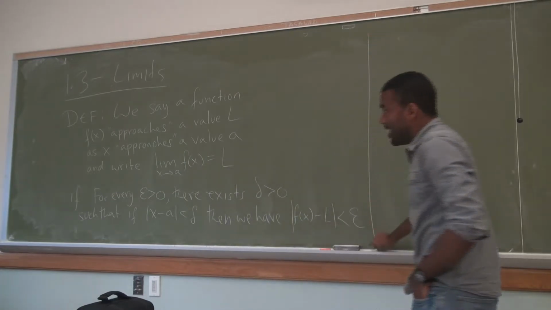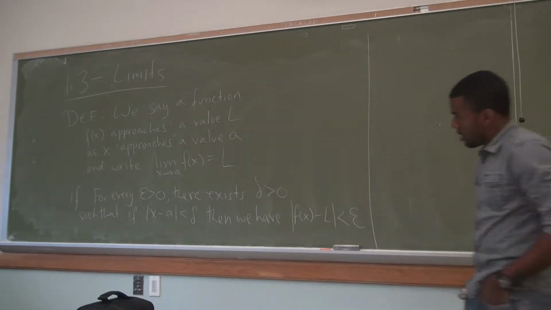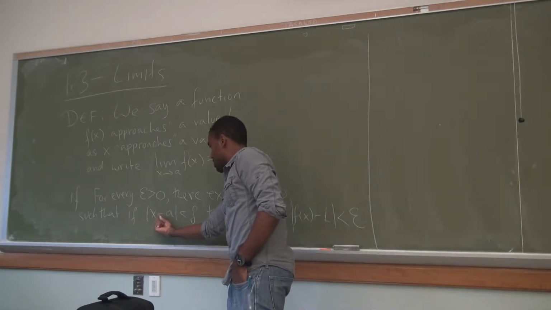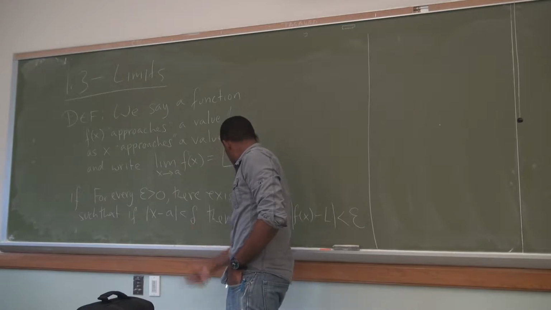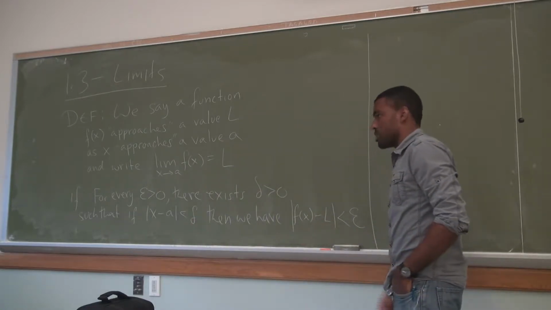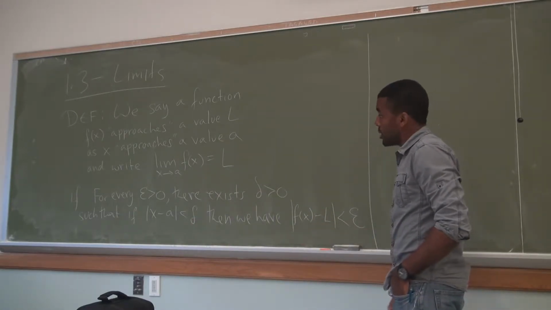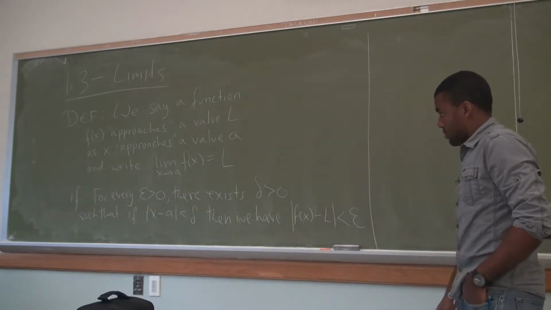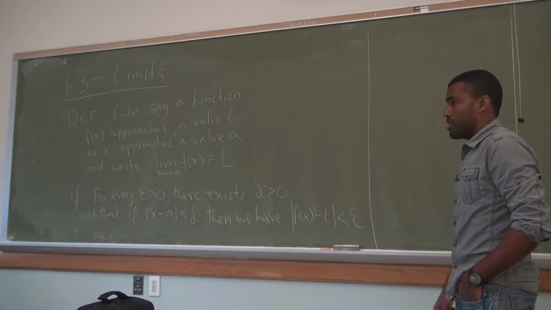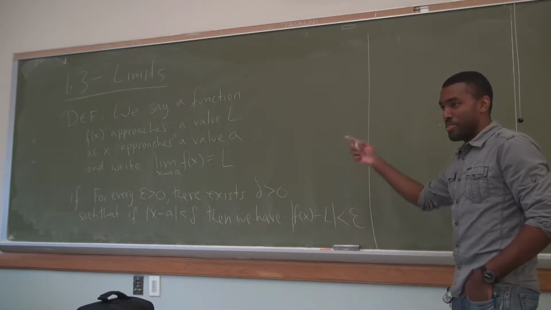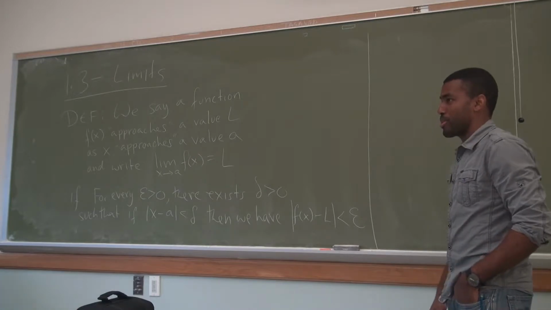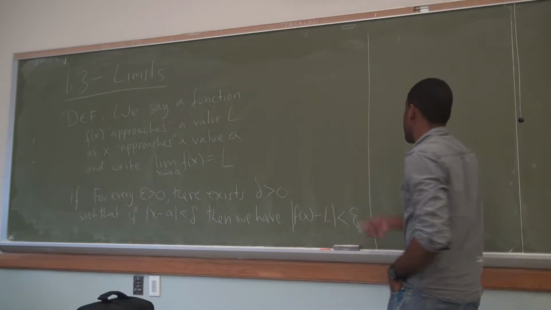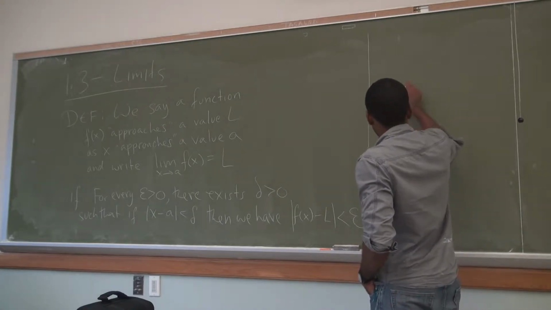That's a mouthful. This is called the epsilon delta definition of a limit. Basically, it's saying that when your x values get close to something within a restriction of delta, then your y values will get close to something within a restriction of epsilon, where epsilon is any given condition that you're given. But it's sort of too complicated for our purposes. This is the definition that math majors will work with. We're not going to work with that definition very much. We're just going to skip over this stuff and basically say we write